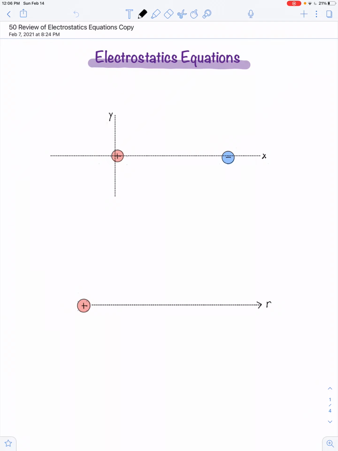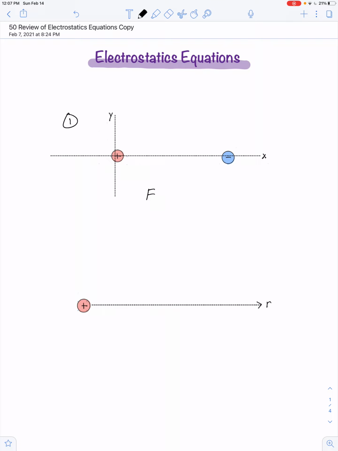At this point, it might be helpful to do a quick review of a lot of the equations we have regarding electric force, electrostatic potential energy, electric potential, electric field, and so on for discrete charges. So here we have two discrete charges in our first case. Let's use this as an example for calculating how we would determine the mutual force of attraction between the